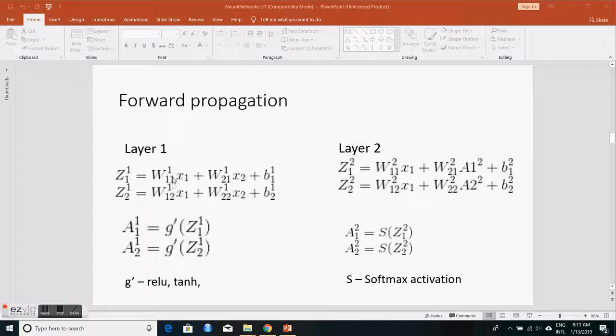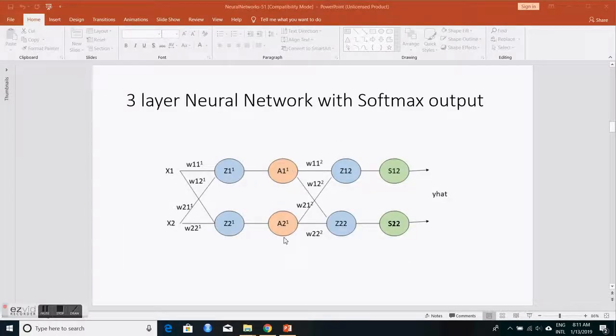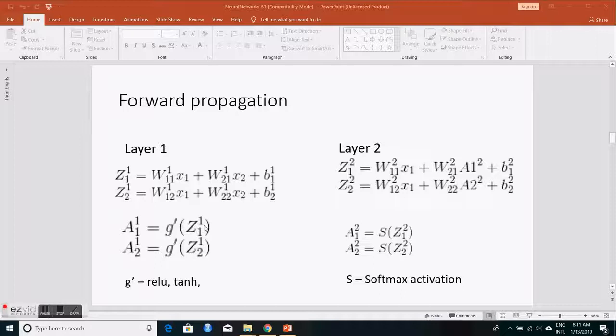z1 superscript 1 is equal to w1 1 superscript 1 x1 plus w2 1 superscript 1 x2 plus b1 superscript 1, and z2 superscript 1 is equal to w1 2 superscript 1 x1 plus w2 2 superscript 1 x2 plus b2 superscript 1. And then we have the activation function at layer 1, which is g of z1 superscript 1 and g of z2 superscript 1,